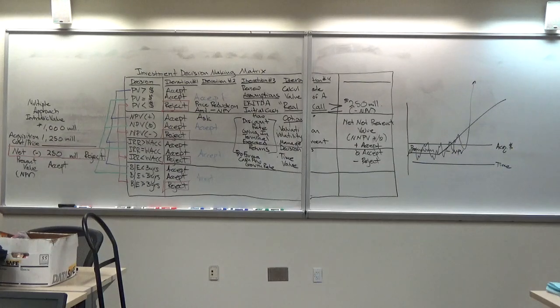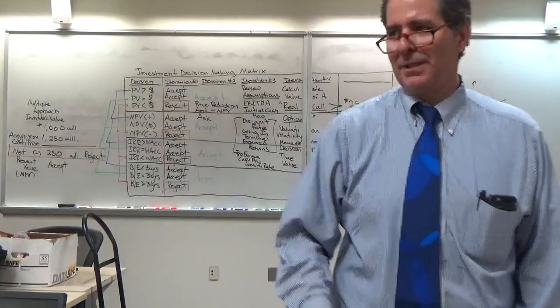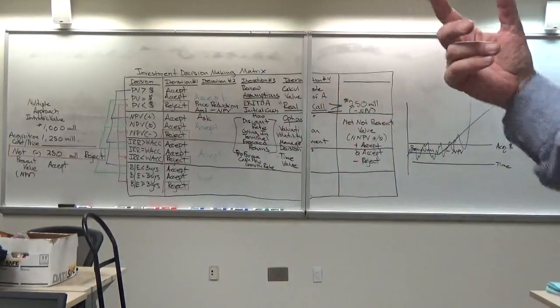Okay, that's it. That's investment decision making, capital budgeting. But the book doesn't teach you the 4 iterations. We just basically